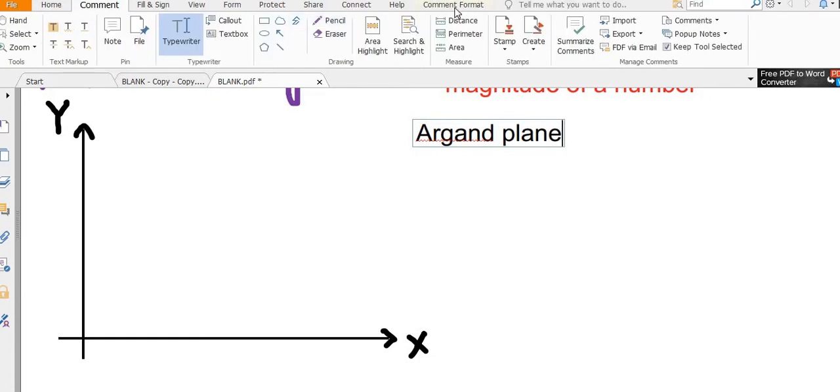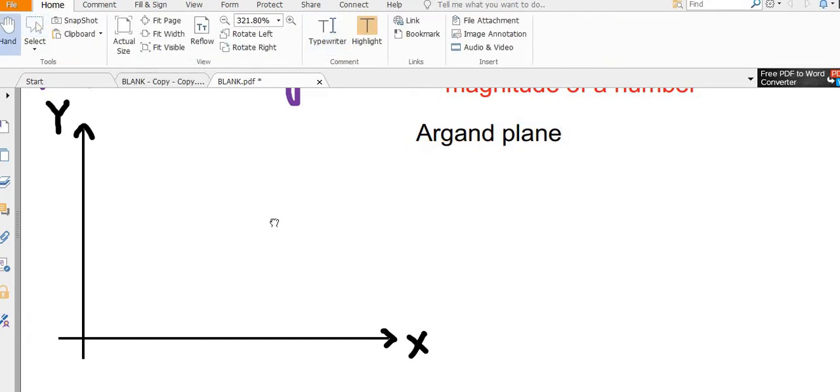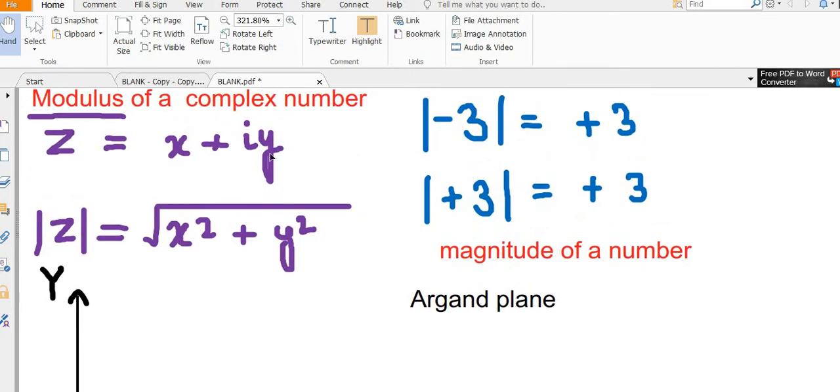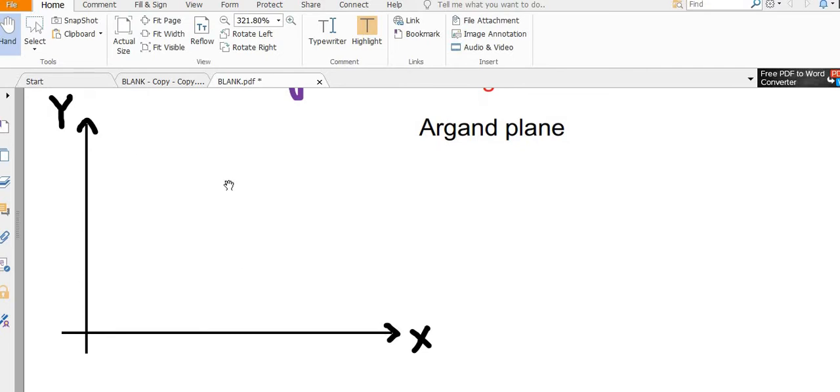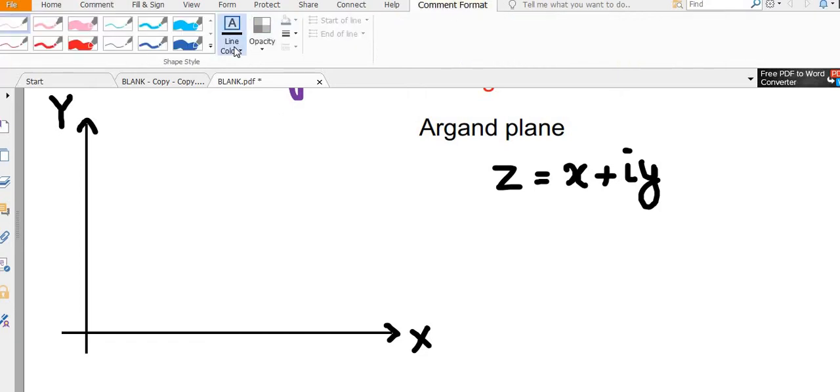Now if I want to denote the complex number that I had considered, so if I want to denote the complex number z, let's go back to the complex number that I had considered, z. That z is actually x plus iy. Now how can I represent that complex number z equal to x plus iy? Let me just write that down here once again. z equal to x plus iy. That is the complex number that I want to represent on this Argand plane as represented here. So how can I do that? The thing is, I have to represent this as a point x comma y.